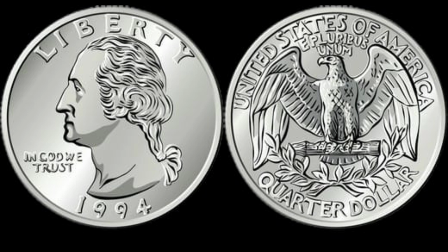And in the case of the 1994 quarter, off-center strikes of more than 15% have been reported, some also featuring partial collar errors, where the retaining collar used to shape the coin's rim fails to engage properly, resulting in a distorted, wider than normal coin known as a broad strike, and when these multiple types of errors appear together, especially in pristine mint state condition, their value can skyrocket into the millions, and that's not even counting other known issues such as die cracks, cuds, and misaligned dies,